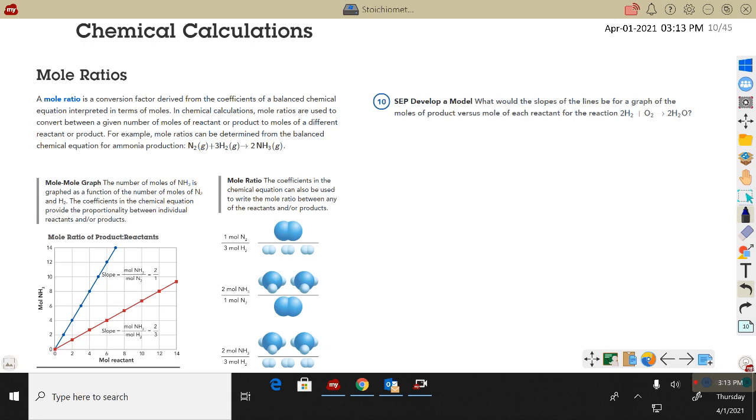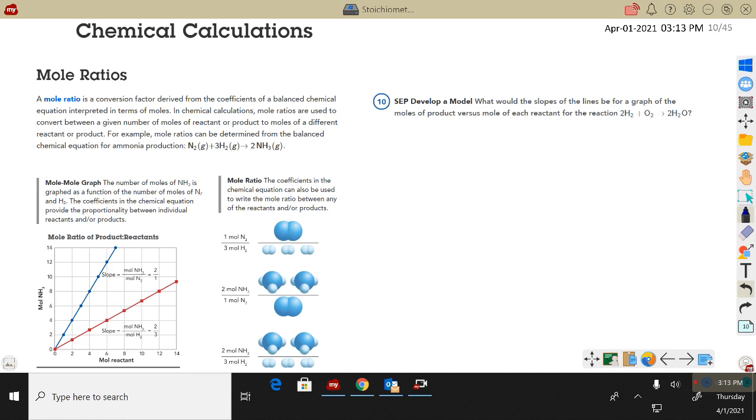Now we can show that with a graph, where here they're looking at moles of reactants, which are the nitrogen and hydrogen, versus moles of NH3, ammonia. You could use the slope of the graph to find the mole ratio, which should correspond to the ratio in the balanced equation. If I found the slope, and let's say it was the ammonia versus nitrogen, the blue line, if I have a slope of 2, then that should correspond to the mole ratio,